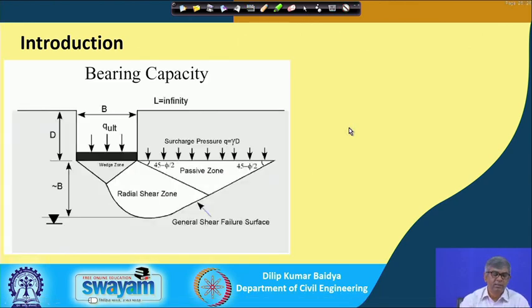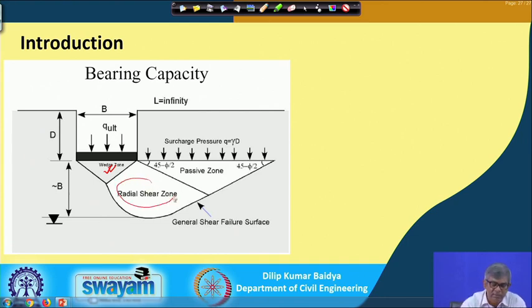Now, finally it is observed that general shear failure is considered and modeled, and then bearing capacity theory can be developed, which was given by Terzaghi. He assumed certain things, that soil is homogeneous, isotropic, and several other assumptions like the water table is at a great depth, and based on those assumptions he gave this model. If you see, there are 3 distinct zones: this is called the wedge zone or static elastic equilibrium zone, this is called the radial shear zone, and this is called the Rankine passive zone.